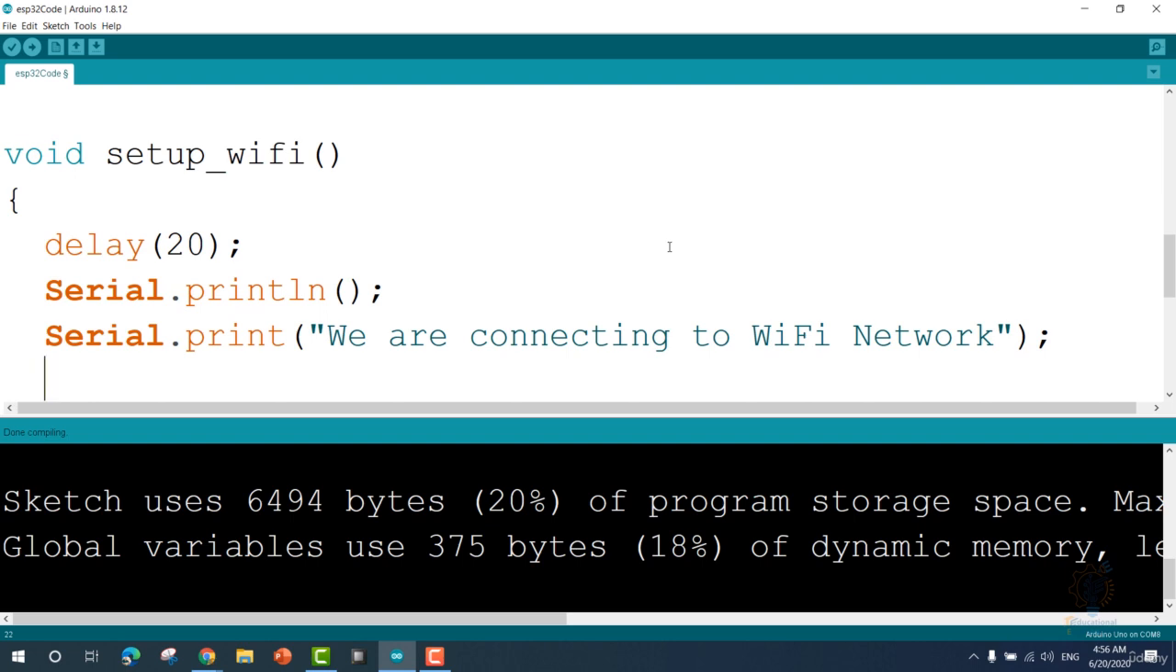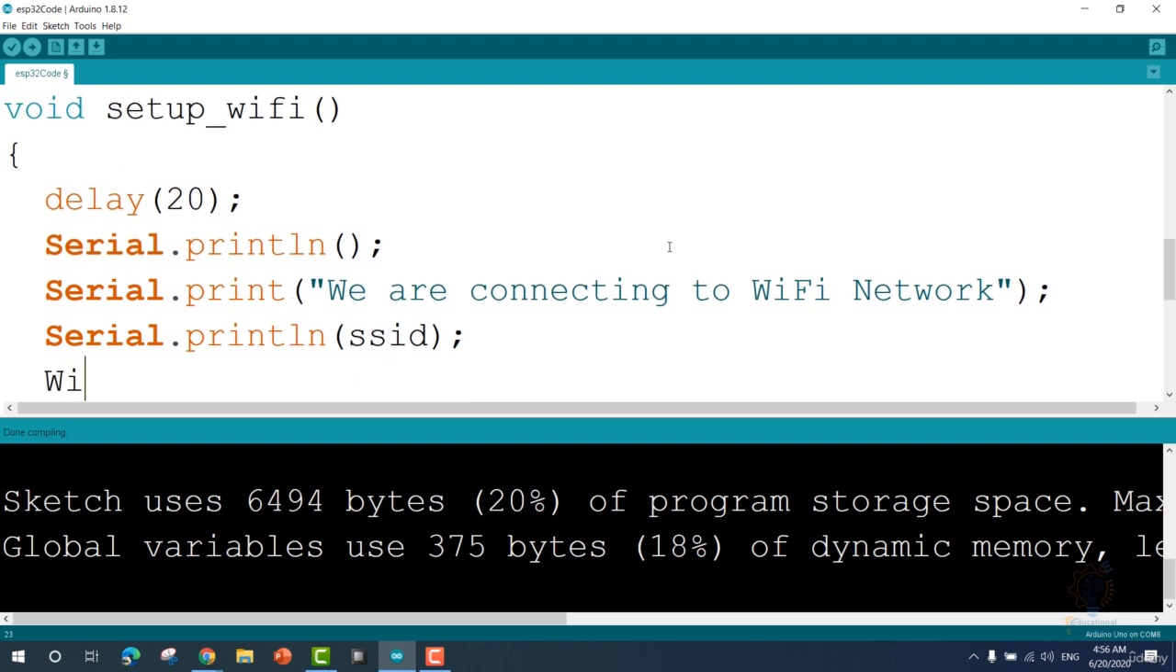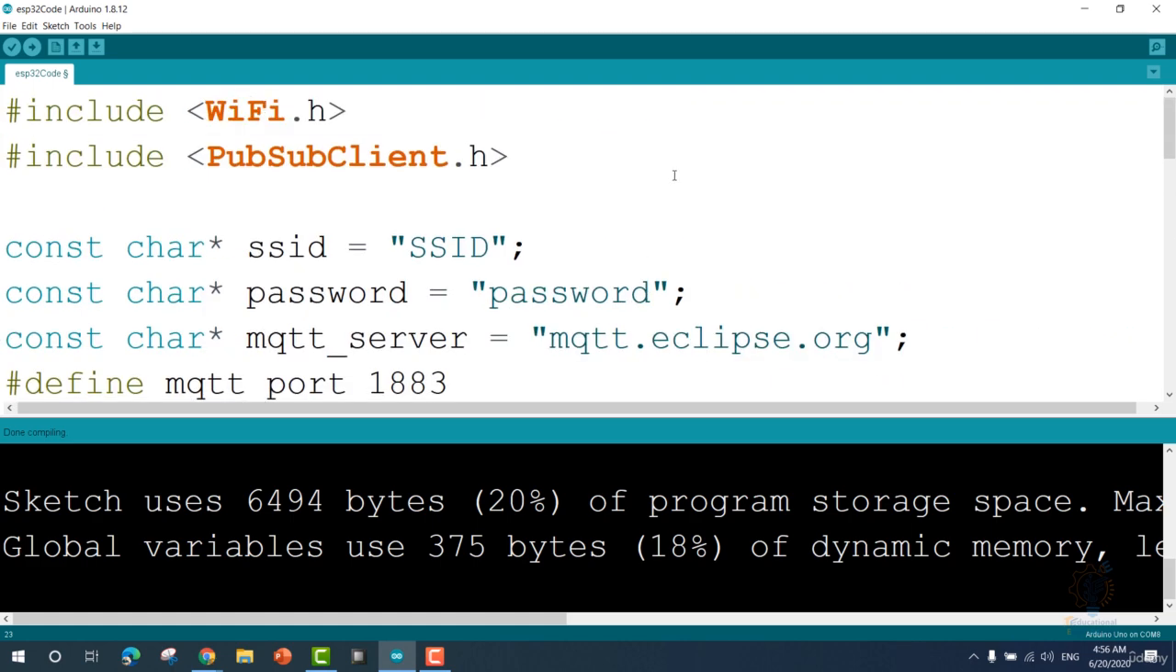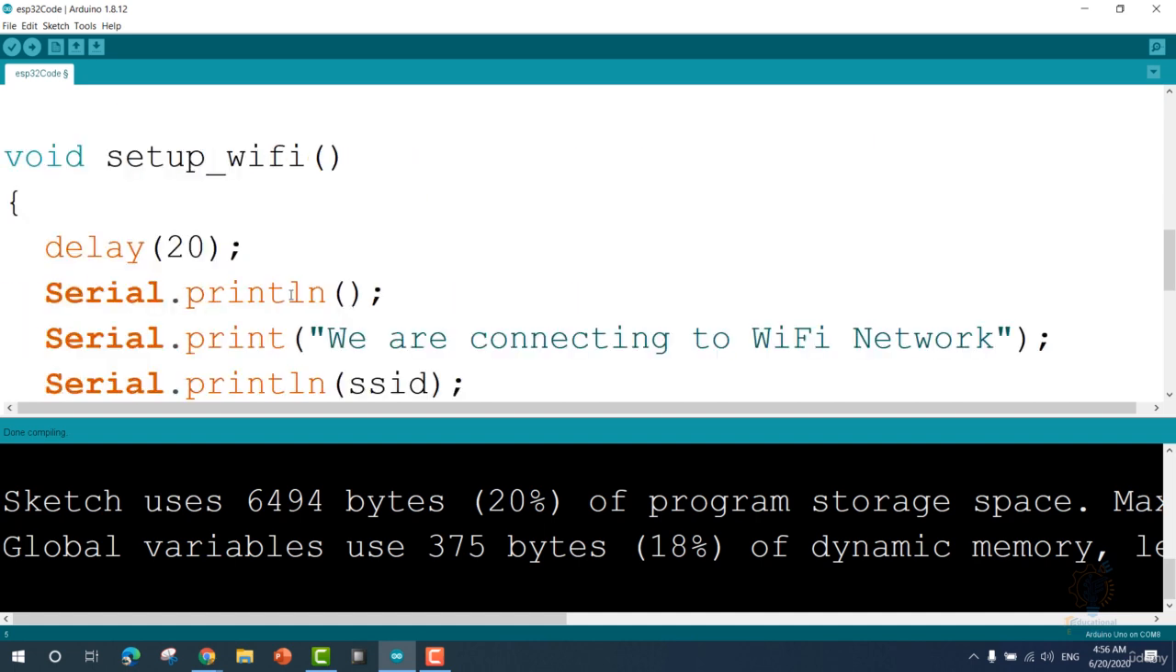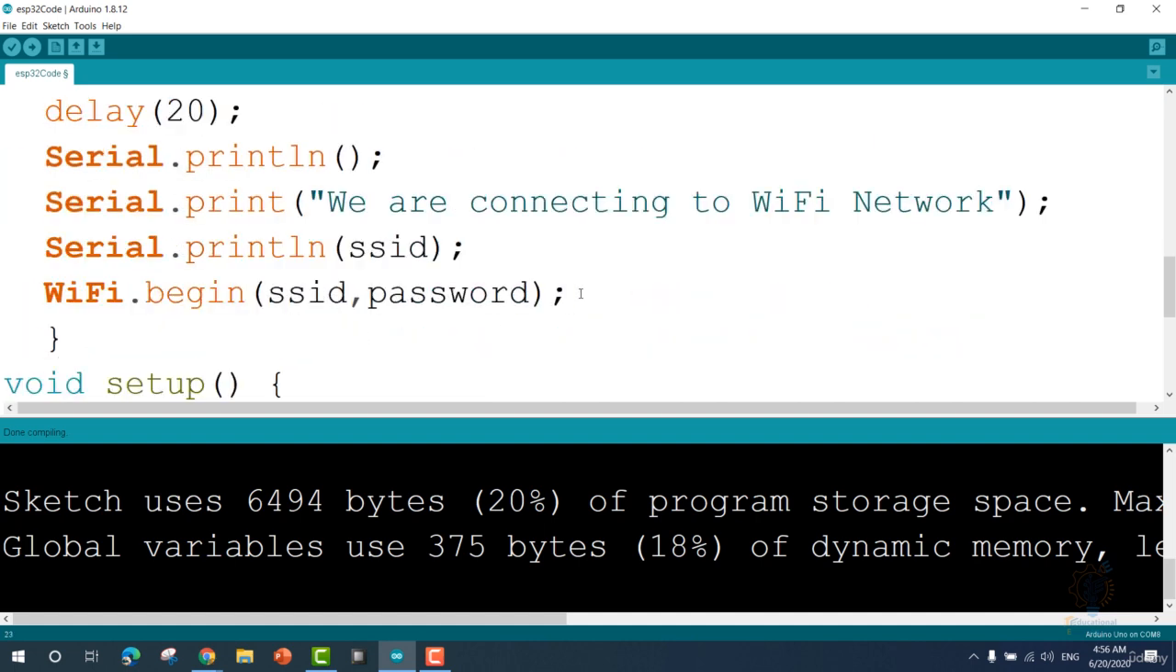Okay, now let's write the name of the Wi-Fi. Write SSID. After that, WiFi.begin to start connecting to this Wi-Fi, SSID and password. So it will take the Wi-Fi SSID and password and will try to connect. Now